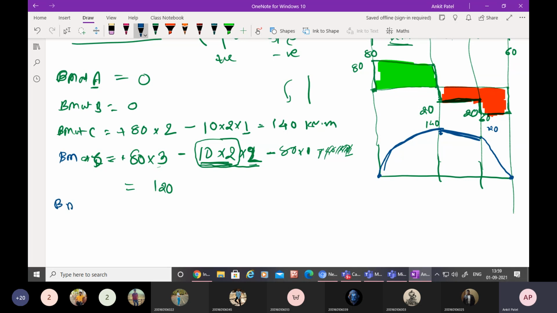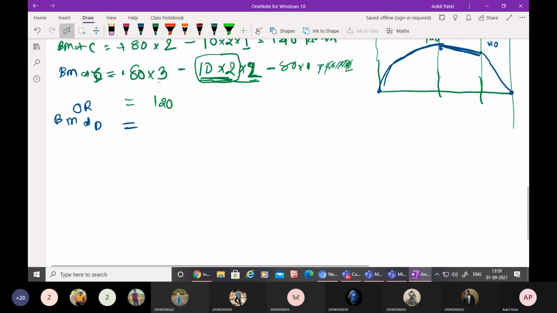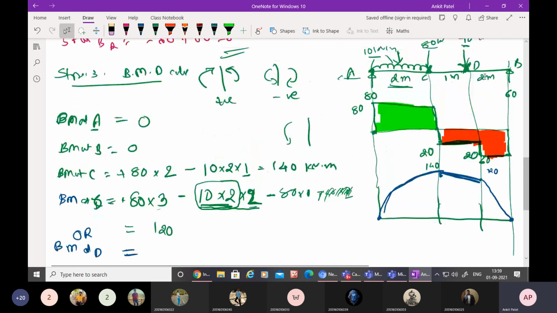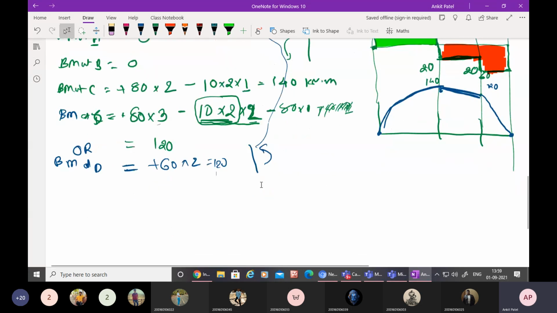But let's calculate from this end. Bending moment at D from this side. Let's calculate it from this side. So I'm going to make this like this. So what can you see? Now you are over here. From this side you need to calculate. Give me the answer. 60. Yes, 60 into 2. Simple. And how it can be seen like this. Am I right? Yes, sir, matching. It is positive. So this is your 120. So in this you can do the calculation wherever the nearer place is. From that you need to calculate. So this answer is 120. Again, this is 0.